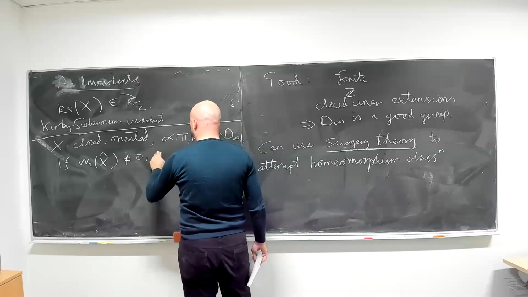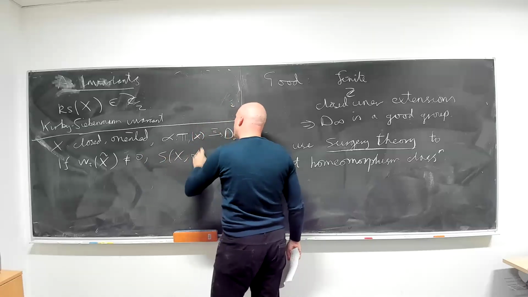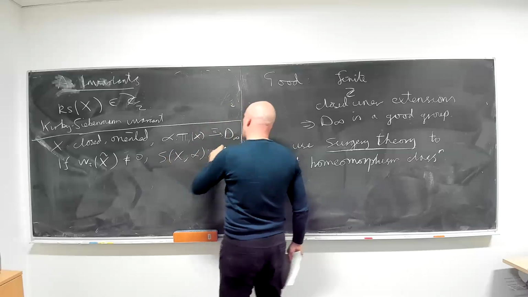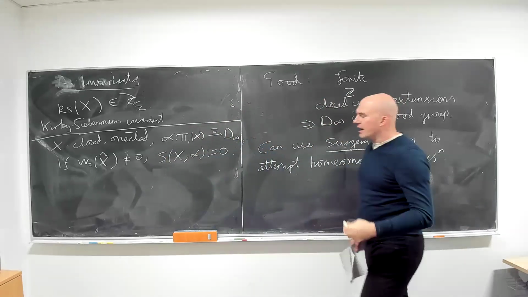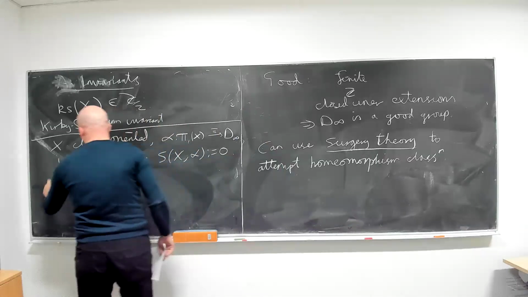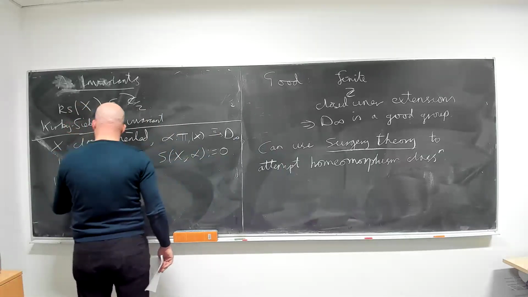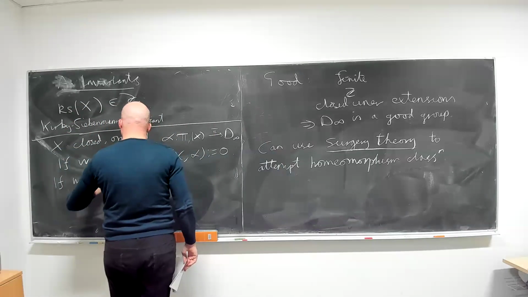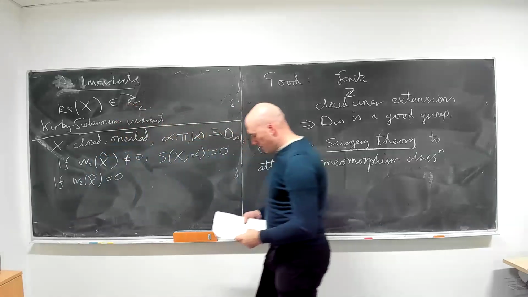I'm now going to define something called S. So S of X alpha, and I'm going to set that to be 0 in this case. But now things have become more interesting if there is a spin structure on the